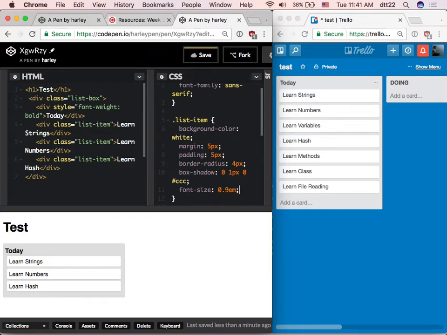And I say in the list, well, make the font like 0.9 of what you normally have for me, right? And 1 em, you will see that it's about 16 pixels sometimes, but it's hard at this stage. I'm not going to explain too much. You can choose em or pixel, right? You can play with it. 0.9 pixels is too small, right? So,